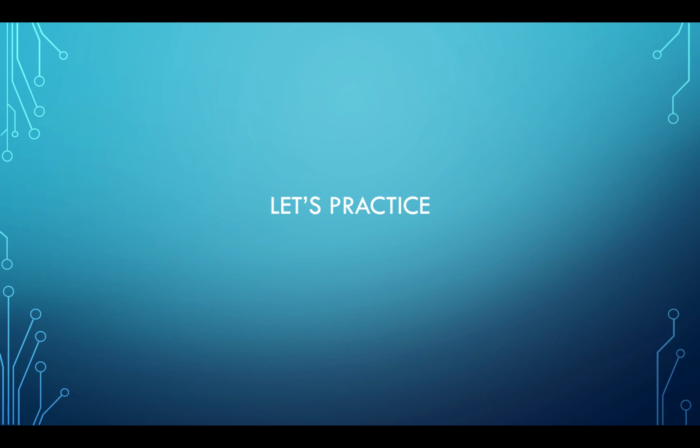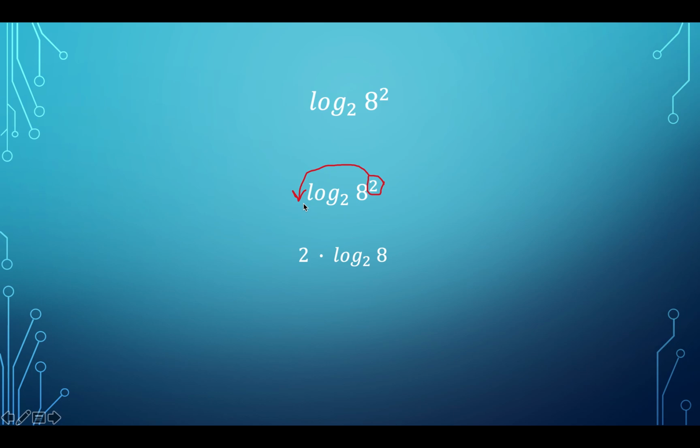So let's practice an example. We have log base 2 of 8 squared. The way to work this out is we have this 2 here. The second you see an exponent involved in a problem with logs, you're going to take that exponent. Here we're going to take this 2 and drop it down in front of log. So now it's going to be 2 times the log